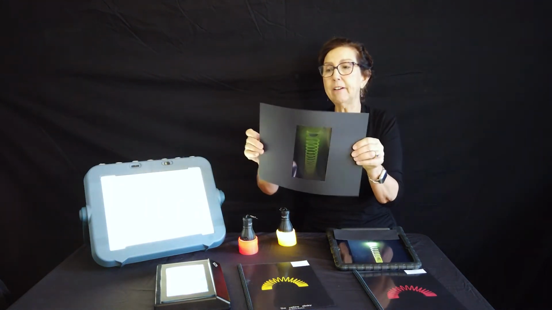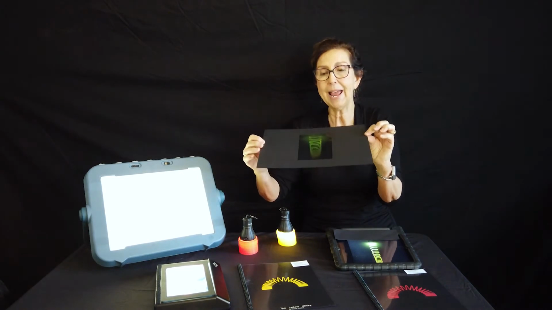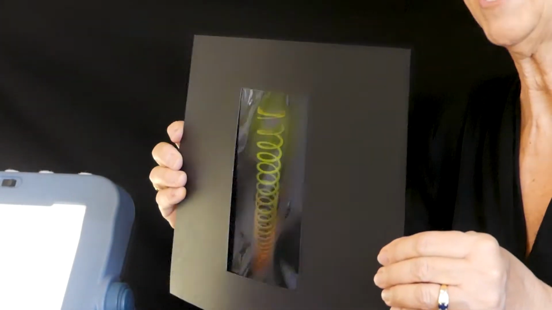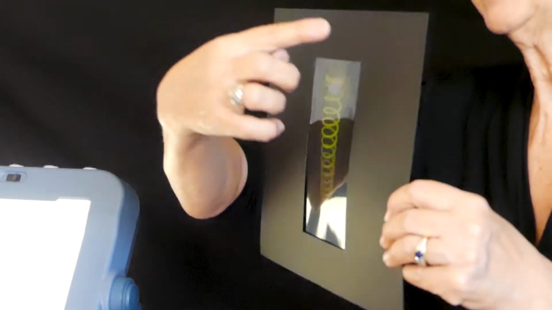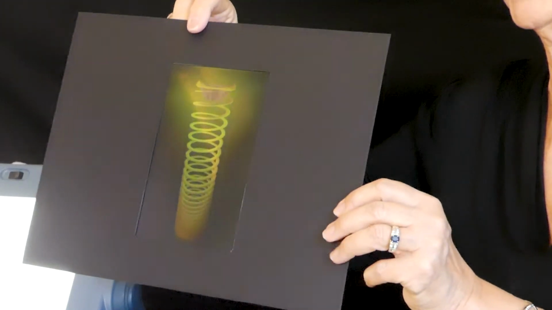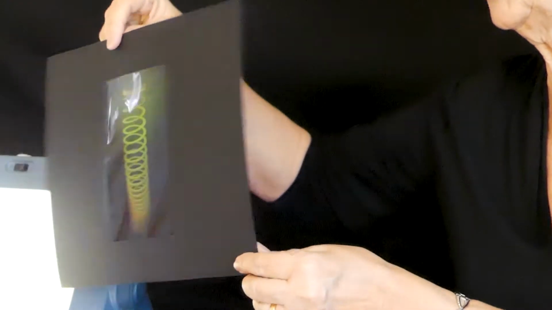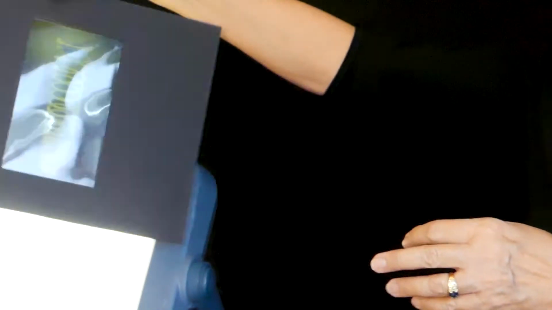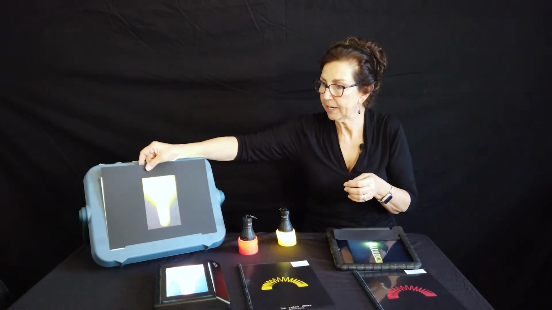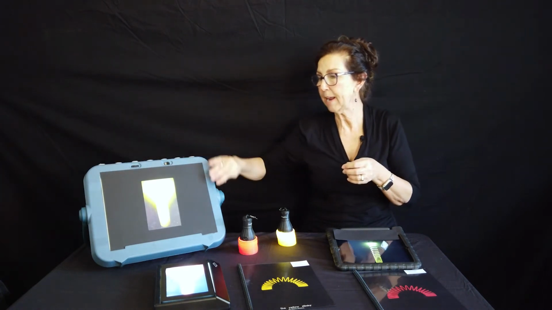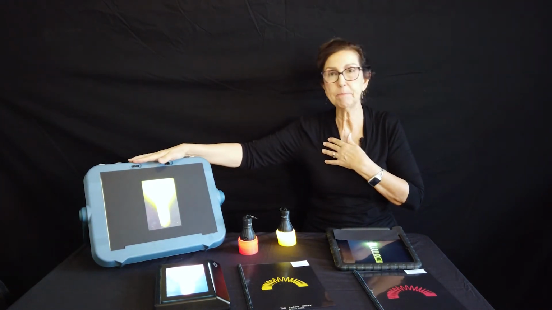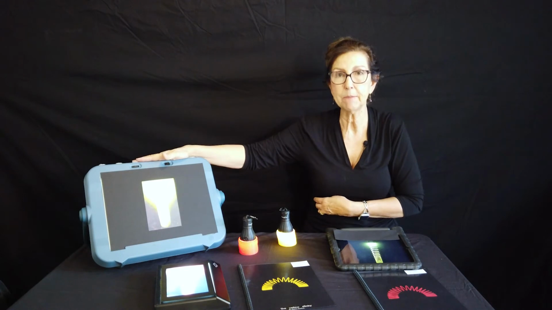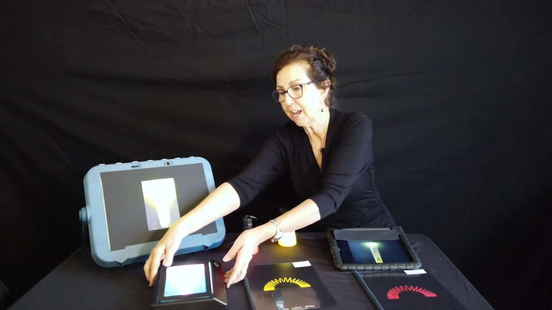I use a very heavyweight piece of black paper, heavier than cardstock, maybe 85 to 100-pound weight blackboard. I cut a square in it and then put my transparency that's been photocopied with the image, and I tape it to it on the back. I try to cut it so that it overlaps the edges of the APH light box. You can use any type of light box apparatus to show it. I happen to use APH's light box that they provide,